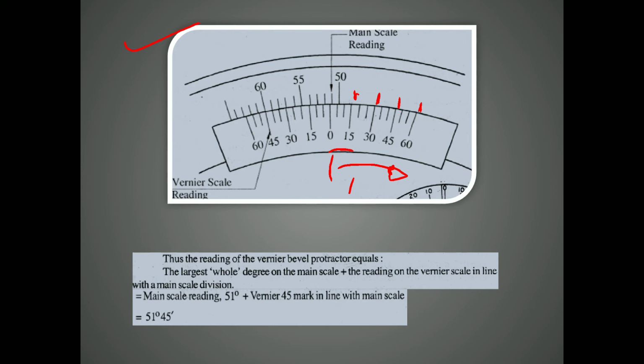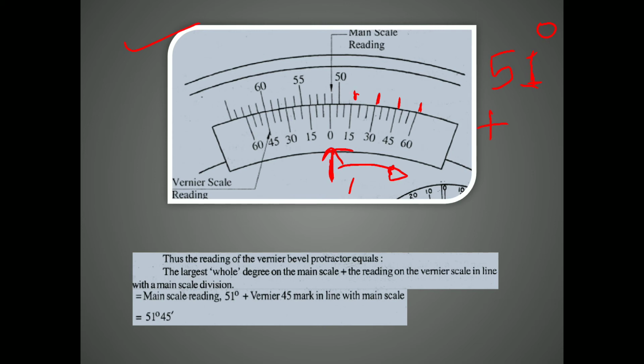The reading has crossed the line of 51 degrees. You can see over here, because this 0 is a pointer, or an indicator, it is indicating that the main scale reading crossed 51. So we are taking 51, but this is not the final reading. To give the maximum accuracy, we have to consider the vernier scale reading also. So we have to add the vernier scale reading.